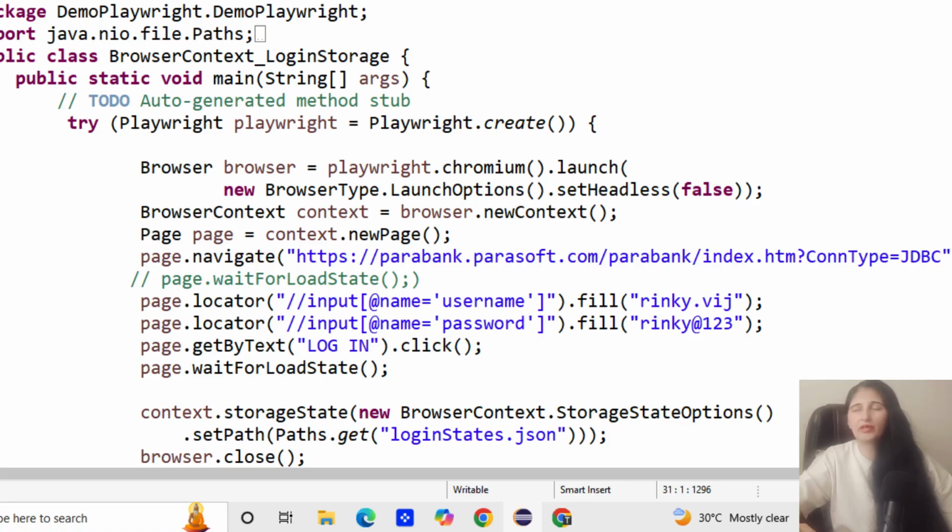And then I navigated to the parasoft.com website, and there I have created one user, Rinky Beach, and I am using that in the login details. I found the username and password locators through XPath, and through the fill method I entered the values, and then I clicked on the login